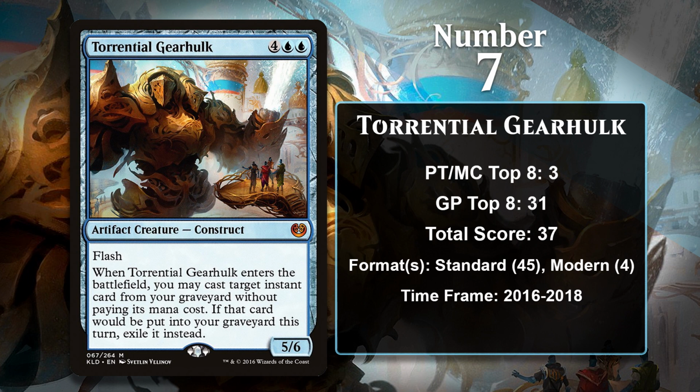The fact that the Hulk can come down with Flash, block something smaller and kill it, and then cast a spell means it really isn't all that hard to get a 3-for-1, and that's exactly what control decks want to be doing. Unlike Verdurous Gearhulk, Torrential Gearhulk has seen some play in Modern, where it is featured in some Jeskai control decks,